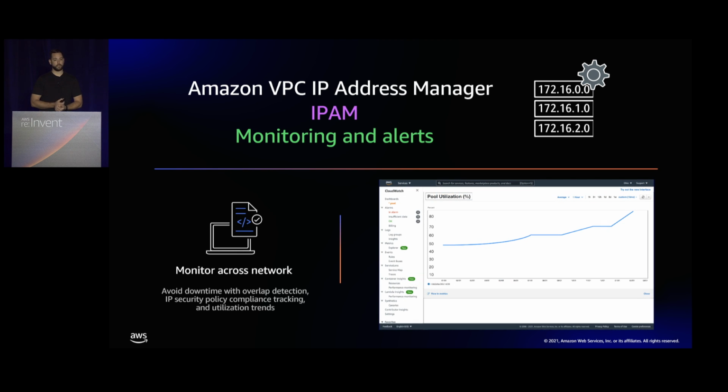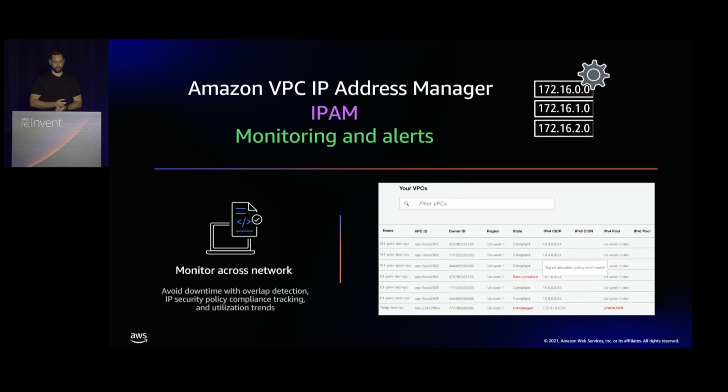Now you'll notice here we can see a bit of historical reporting on our utilization of the pool. This stuff is really important to have some visibility into how many IPs I have left. And again, like I mentioned, those companies that are running out of RFC 1918 addresses need to have some visibility into their allocation and usage of these IP addresses.